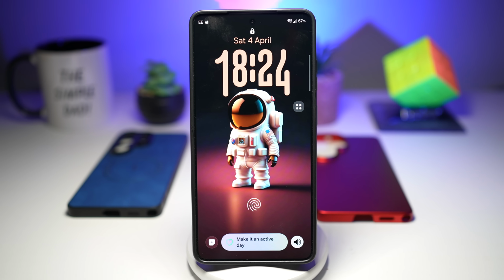What if I told you your Samsung Galaxy phone is hiding features that could literally save your time every single day, boost your productivity, and even break language barriers in real life? Most people only use 30% of what their phone can actually do, and today I'm going to show you the features that will completely change how you use your device. Make sure you watch until the end, because the last feature is something almost no one is using yet,